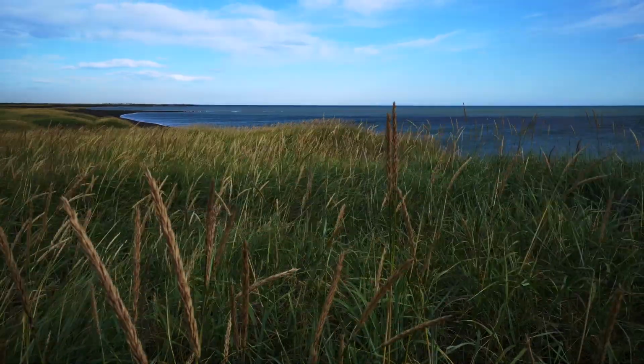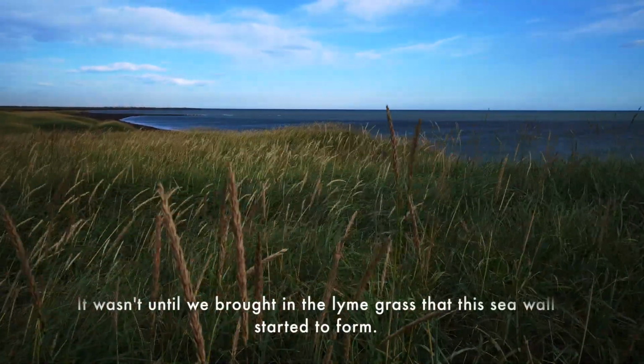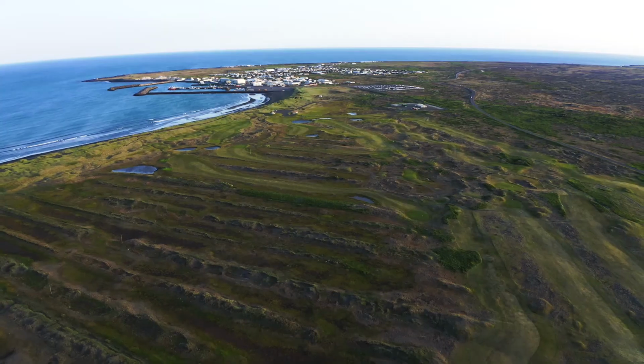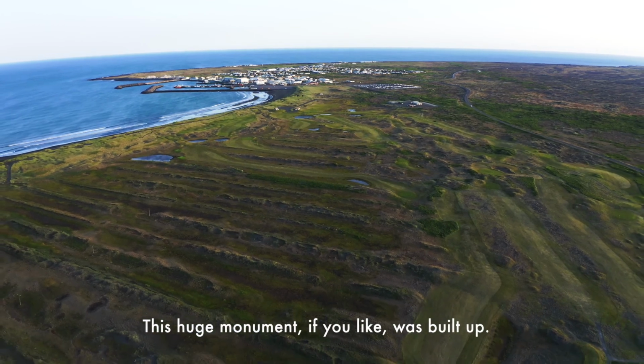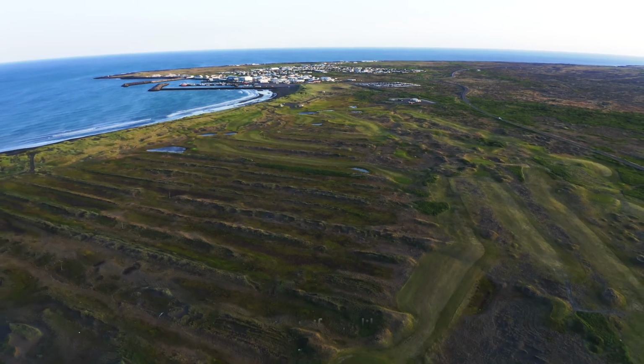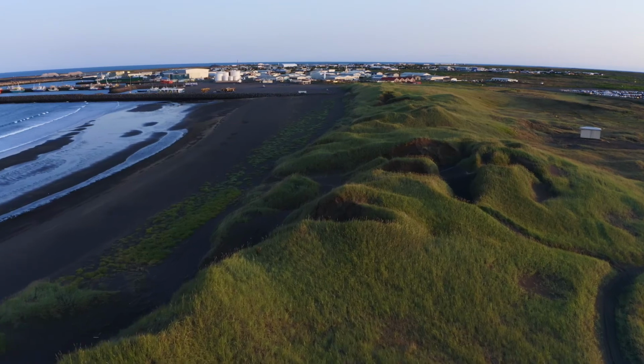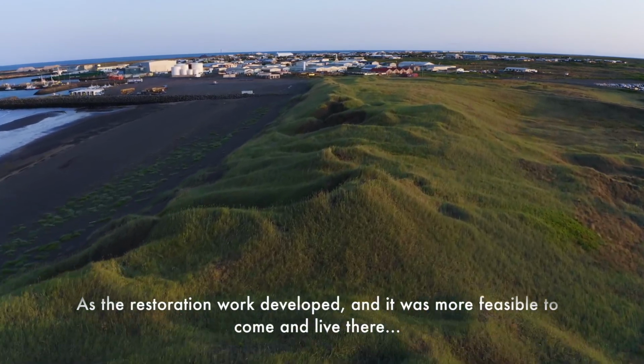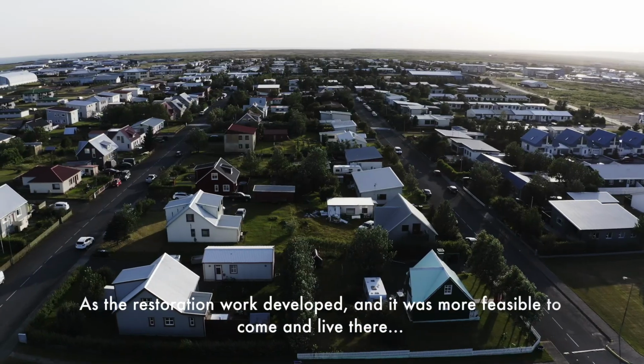We really got the restoration work going on a big scale after 1980. It wasn't until we brought in the lyme grass that this seawall started to form. This huge monument, if you like, was built up. If we hadn't done this enormous effort, there would definitely be nobody living there at all. Nobody. As the restoration work developed and it was more feasible to come and live there